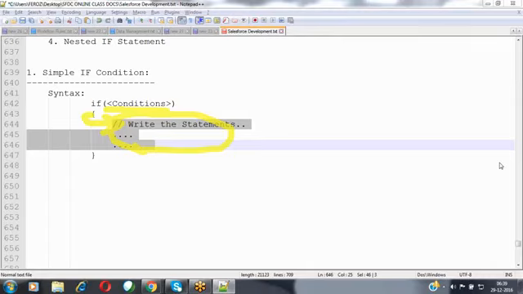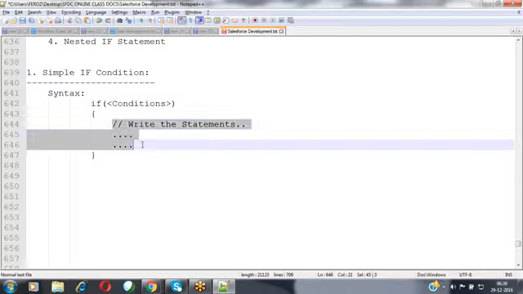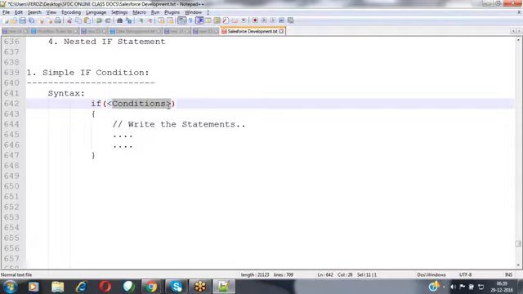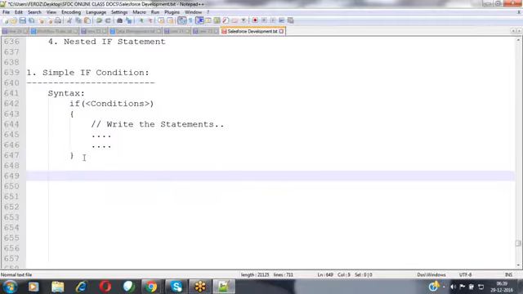Nothing but what we are doing, we are indicating to Apex programming: please execute this block of statements whenever these conditions are satisfied. If the conditions fail, then don't execute these statements. Don't allow the user to enter into this block. So for that we write this code here.